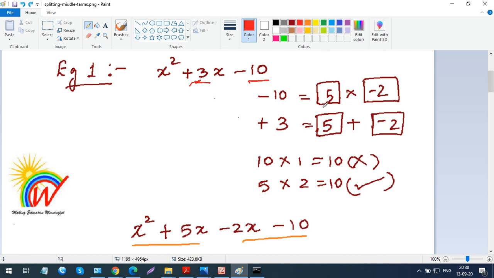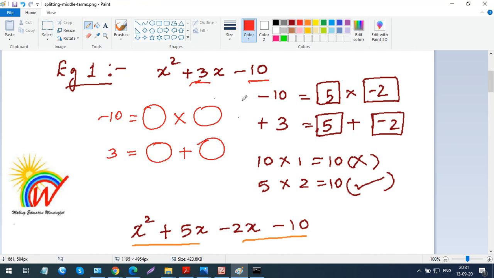Initially, I have written 5 and minus 2, but you don't know what it is yet. So we'll write minus 10 and make two boxes like this. What two numbers should I write so that I get minus 10 on multiplication? And the same two numbers should give 3 on addition. The number without an x, the minus 10, we get by multiplying two numbers, and the middle number we get by adding